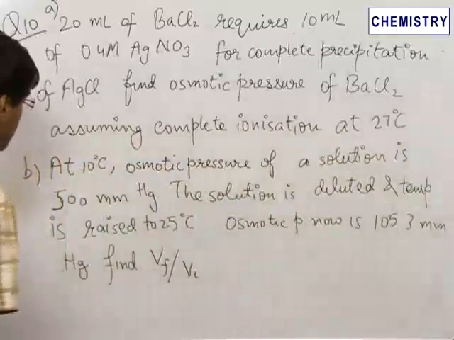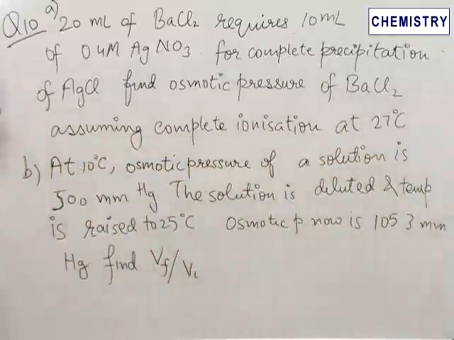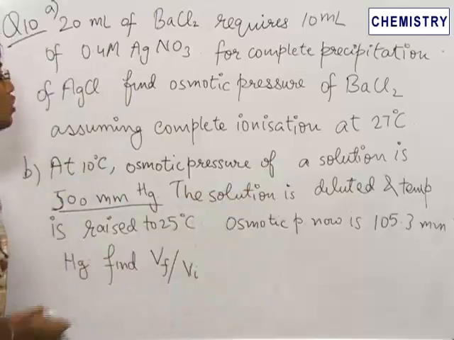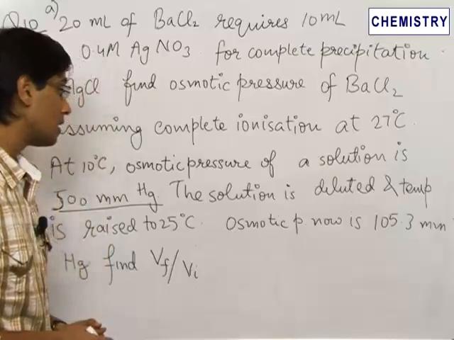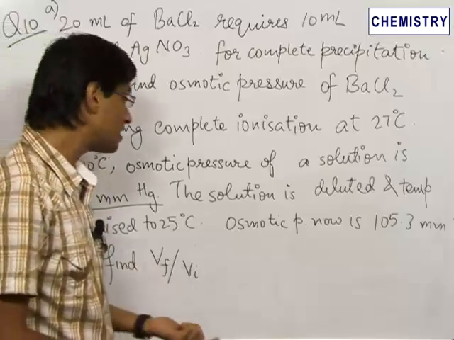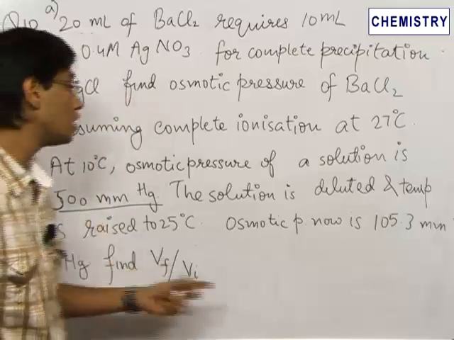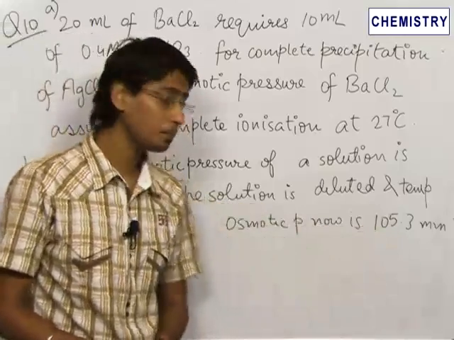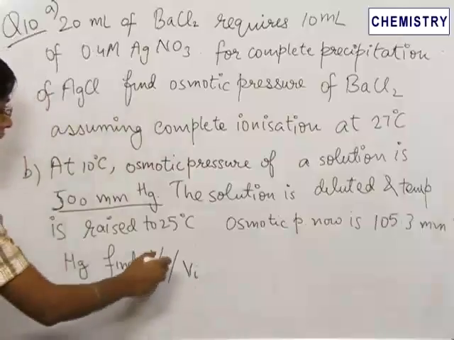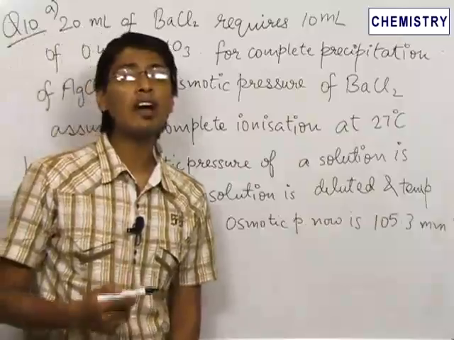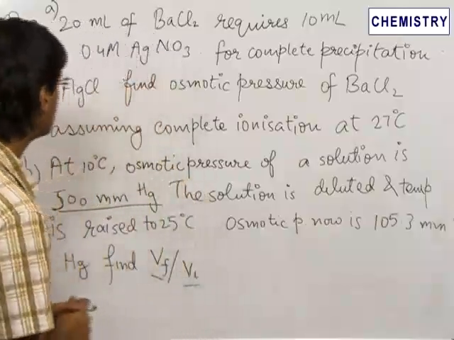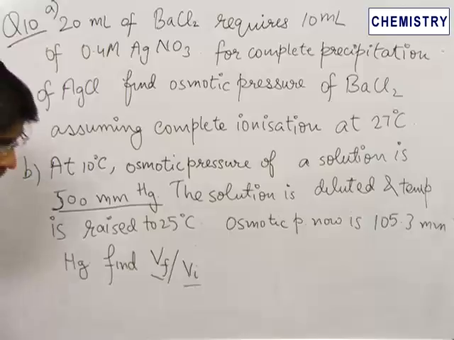And in the second part, we are given that at 10 degrees Celsius, the osmotic pressure of a solution is 500 millimeters of mercury. The solution is now diluted to a new volume and the temperature is also raised to 25 degrees Celsius. And it is given that the osmotic pressure has decreased from 500 mm of mercury to 105.3 millimeters of mercury. If final volume is Vf and initial volume was Vi, then we need to find the ratio of V final and V initial. So starting with the first problem,